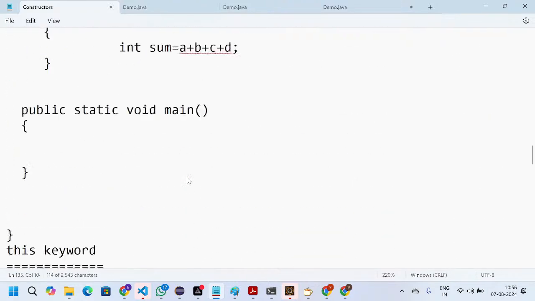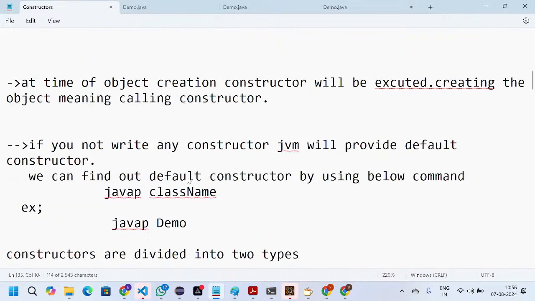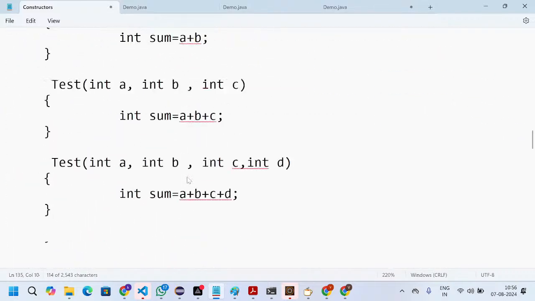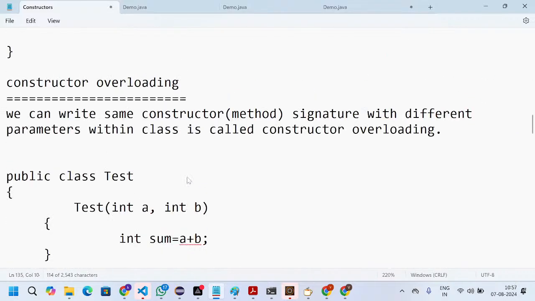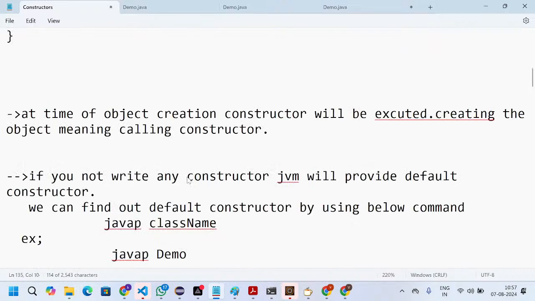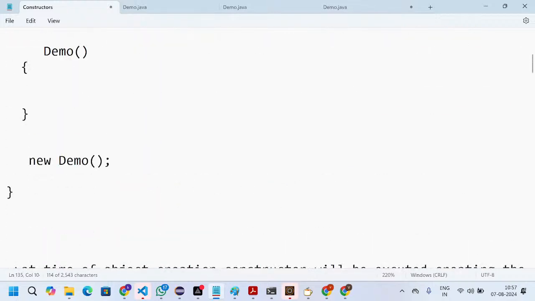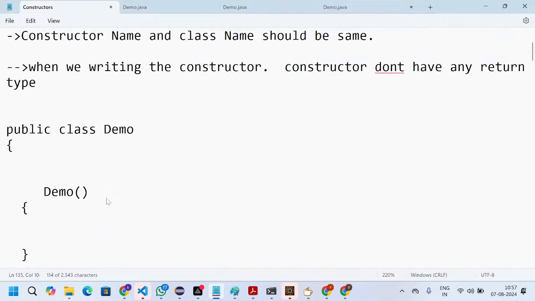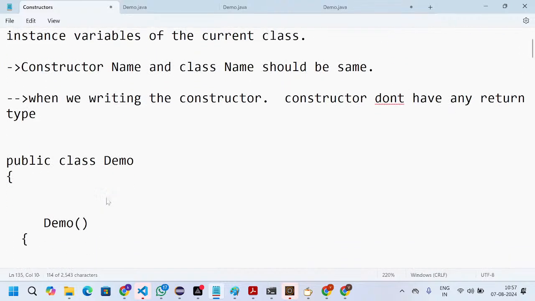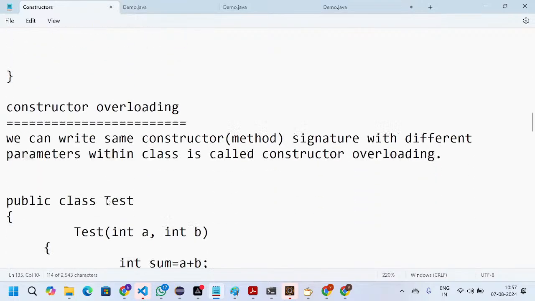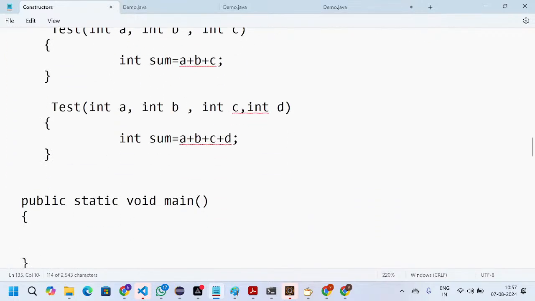Okay, so today we have covered basically three: constructors, this keyword, and access specifiers. All three concepts are very important, right? So everybody, please practice multiple times. This keyword we will use regularly. Whatever I am saying, every word is very important. So please practice multiple times. So this is all about